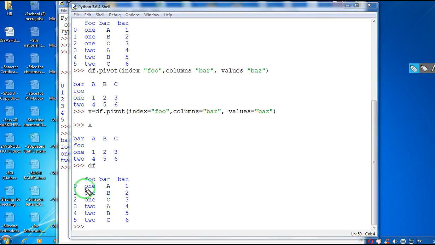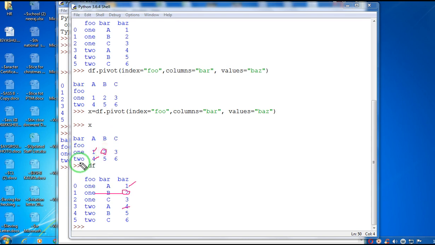So you can see over here, for 1a you have a value called 1, and here also for 1a you will get the value 1. For 2a you have a value called 4, and here also for 2a you will find the value 4. For 1b you have the value 2, and here also for 1b you will find the same value 2.